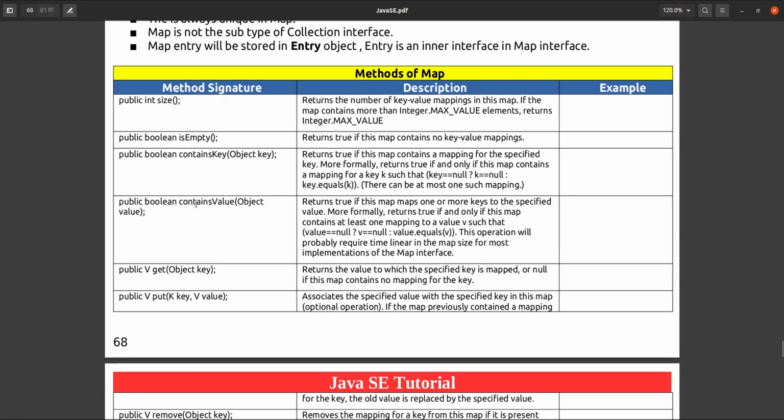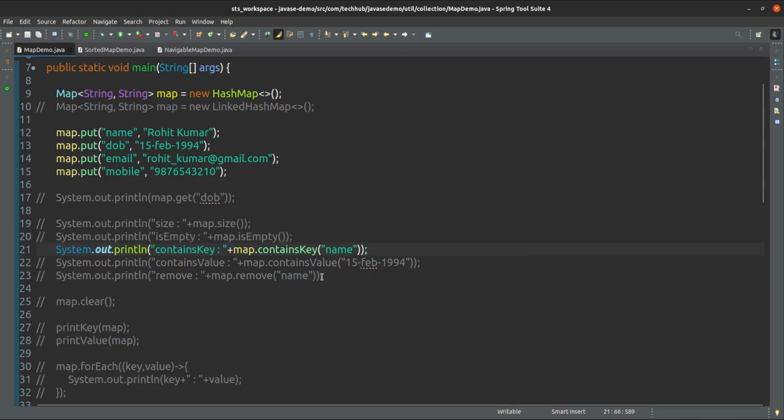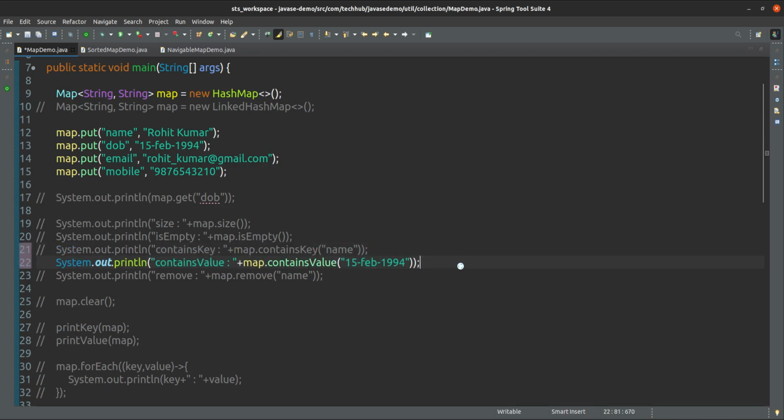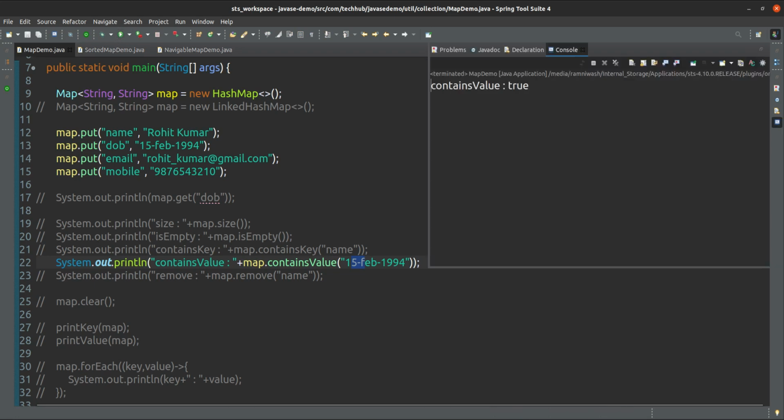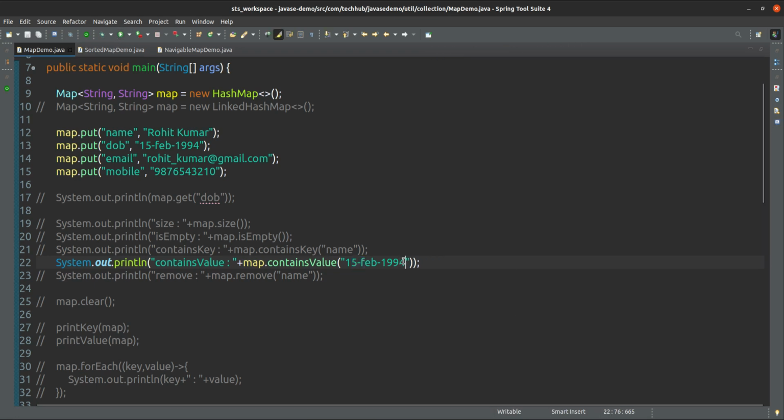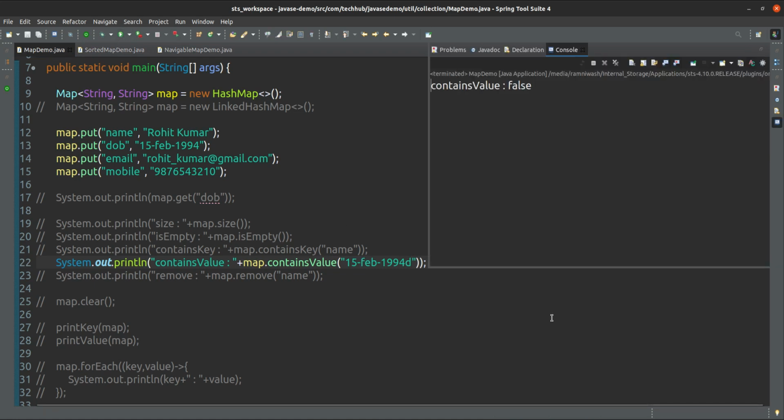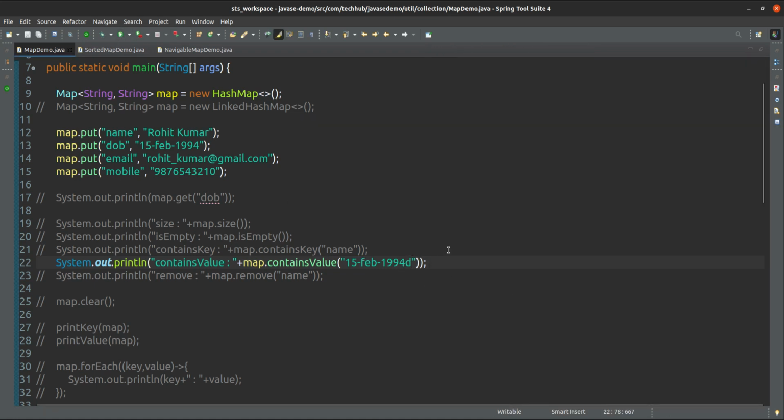In the same way, contains value. Is empty we have already checked: return true if the map contains no key-value mapping. Okay, contains value we can also verify in the same way. Suppose this value is present. Yes, this date of birth is present, so it is true. But if I give something else here, in that case it will give false, because this value is not present. Currently this is a string, so I can give anything. Okay,